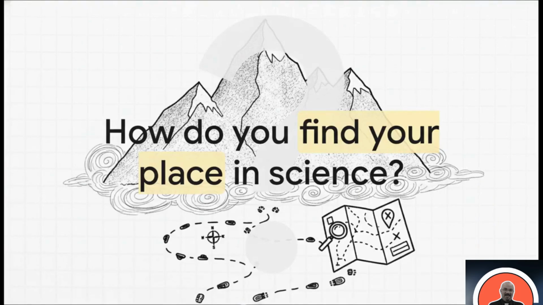So, how do you find your place in science? It's a huge question, right? When you first step into any research domain, it can feel, honestly, totally overwhelming. It's like standing at the base of this massive mountain of literature with thousands of unseen researchers working in the shadows. To tackle this, we really need to adopt the mindset of an explorer. You aren't just reading papers here, you're drawing a map of uncharted territory. And knowing exactly where you stand in that territory, that is the absolute bedrock of doing impactful science.